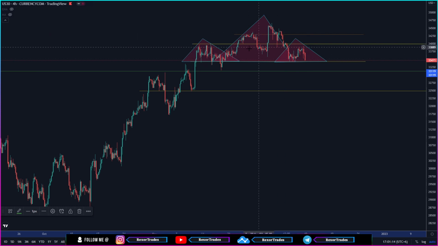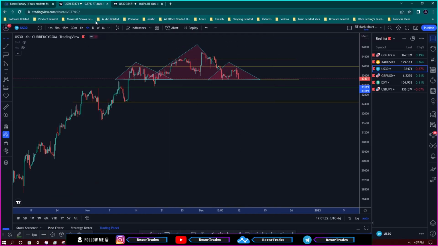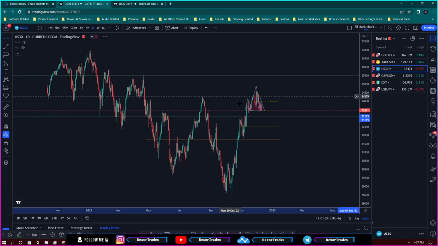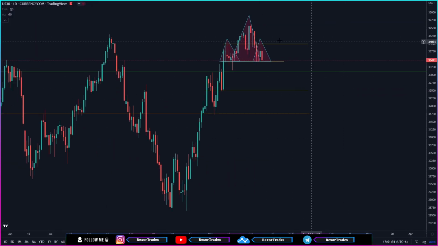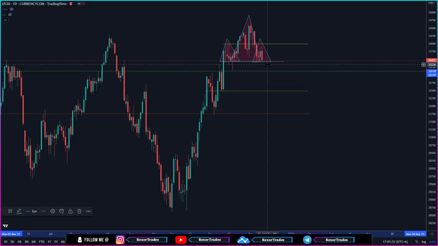Even though US30 closing below this key zone could be a breakout of this head and shoulder pattern's neckline, we then again have this key level which is a major support on a daily to weekly time frame. So if we see US30 in the upcoming week closing below this key level with further bearish momentum on a shorter time frame like a 1 hour to 30 minutes time frame,